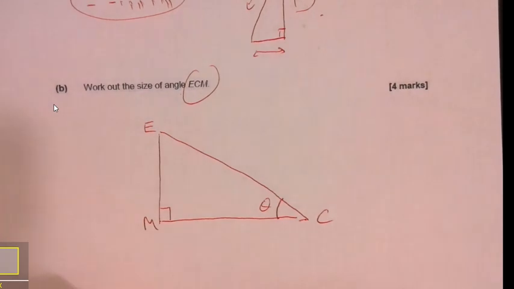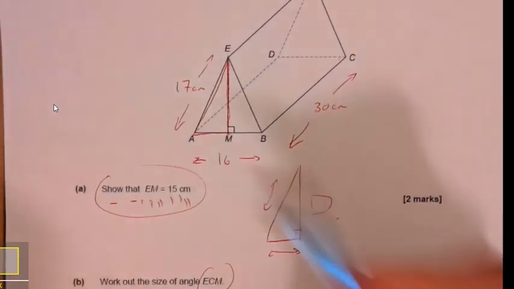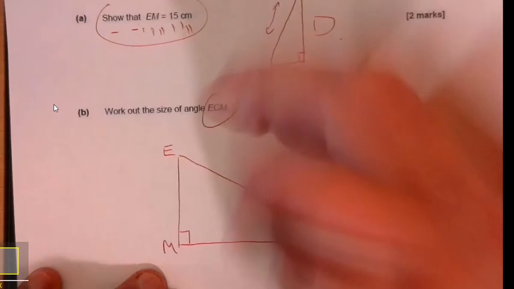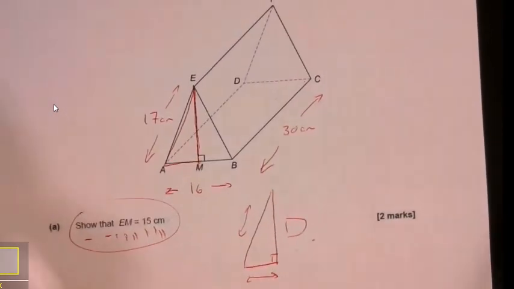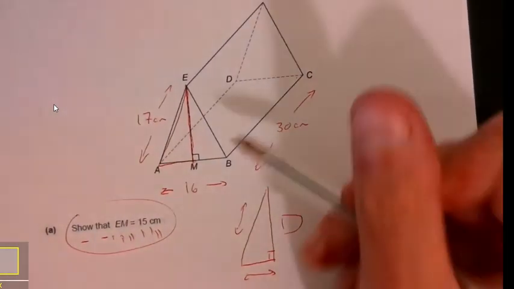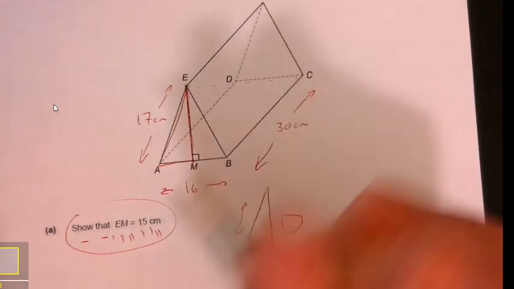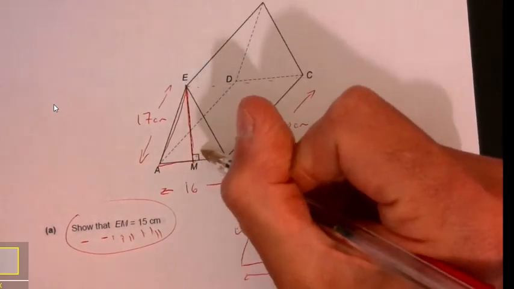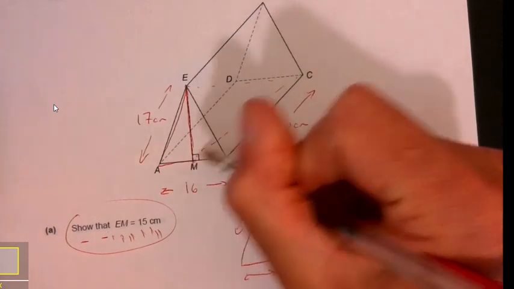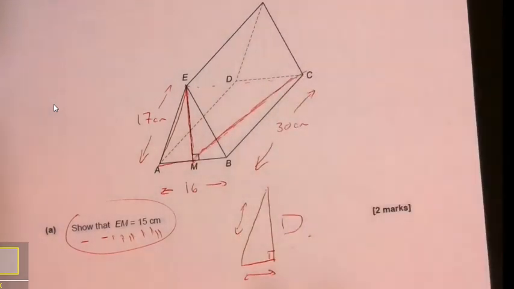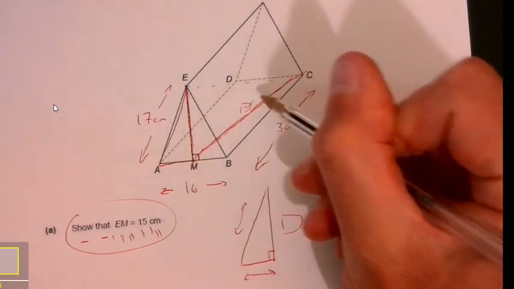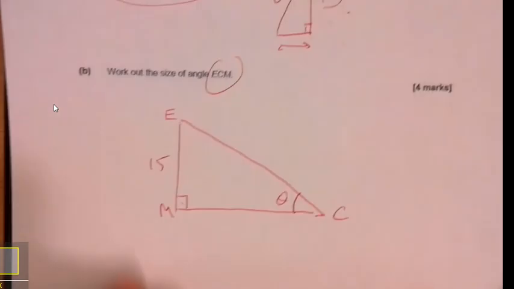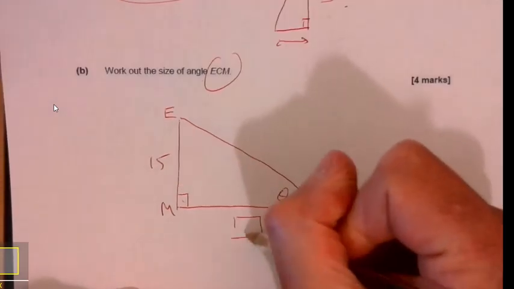What do I know? Well, I know EM, look. Just coming back up here. We know that bit. That's 15. So I need to know something else, EC or MC. So let's look at the diagram. If I could get one of those two things, can I get EC easily? Not sure about that one. Can I get MC? Wait a minute, I think I can do something with that. Focus on that. MC, so when we've got that,